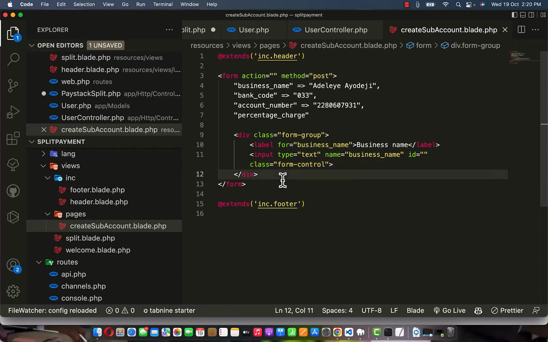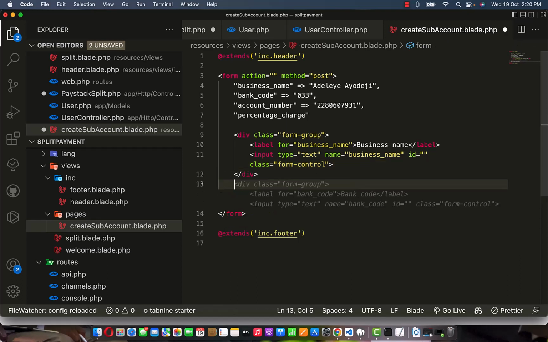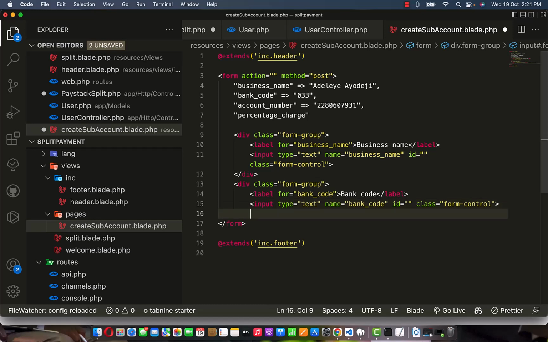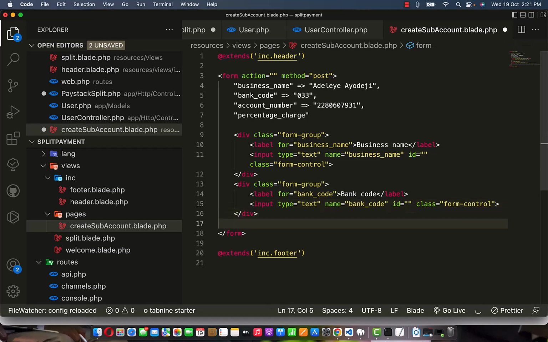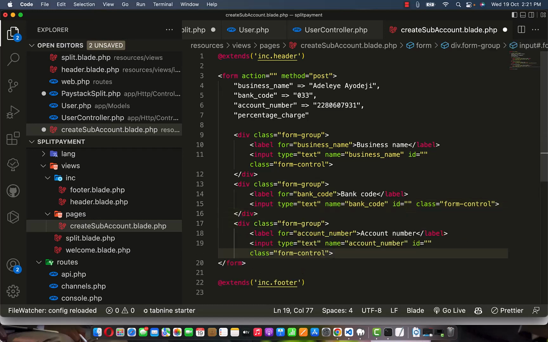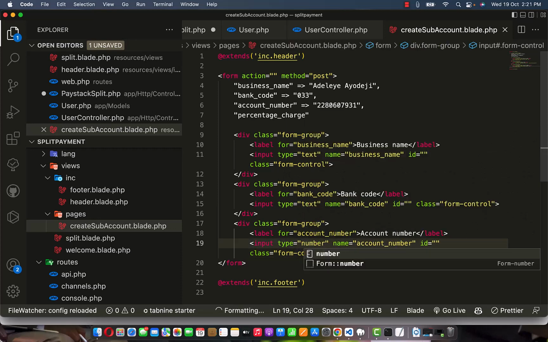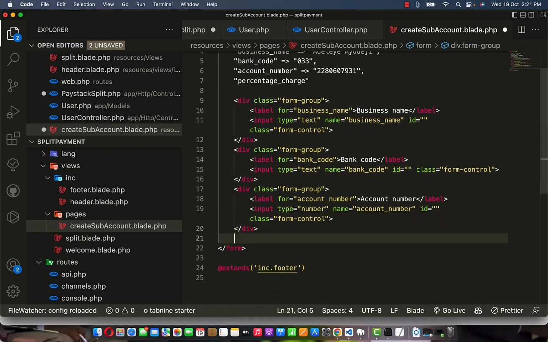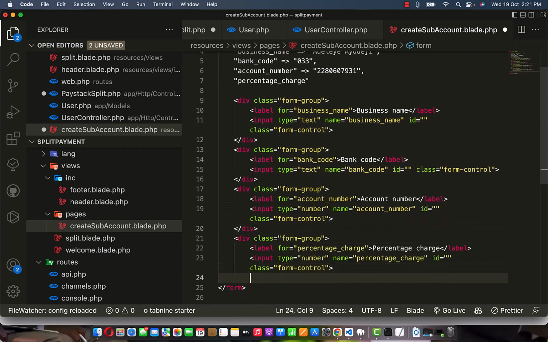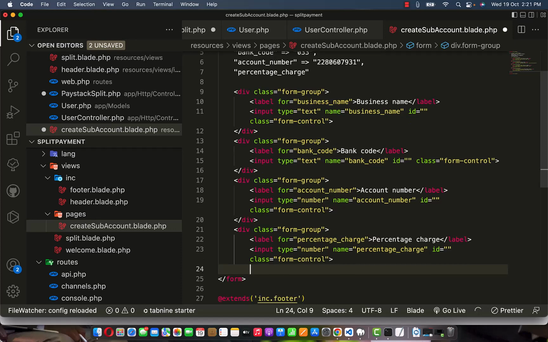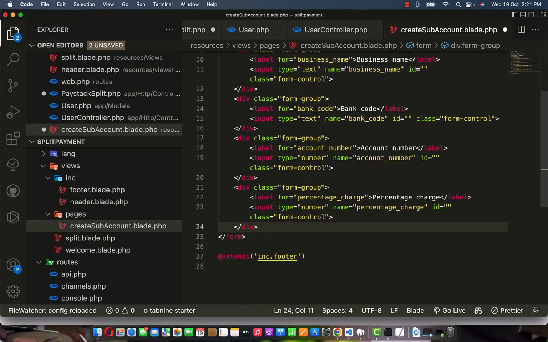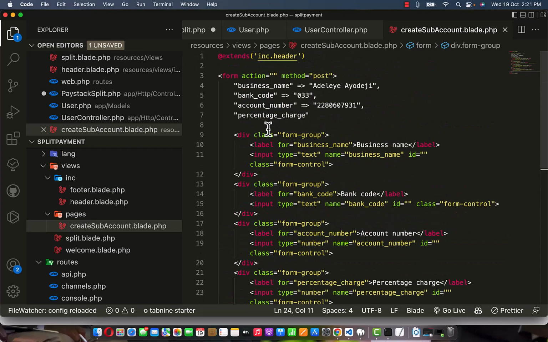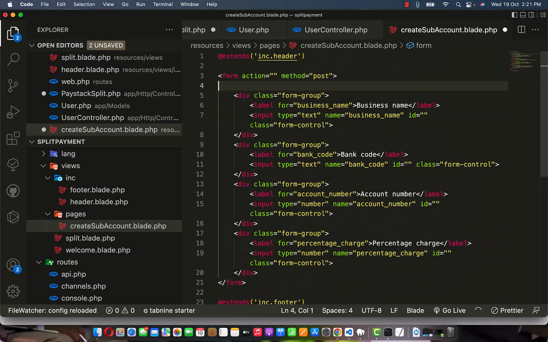Then we are going to also create one for bank code. So do the same for bank code, and we do the same for account number, which is going to be a number and not a text. Click on save. Then the percentage charge is also going to be a number, so let's do the percentage charge. Now this will be done. Awesome. So now let's take out this guy, and don't forget we need to pass our